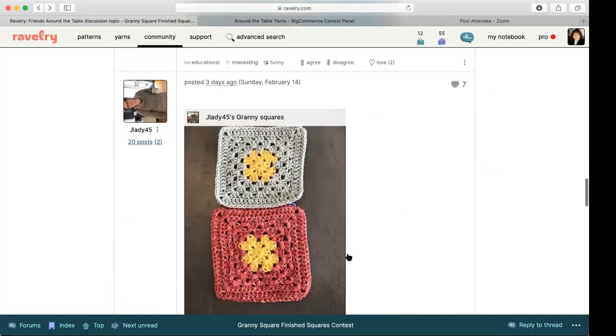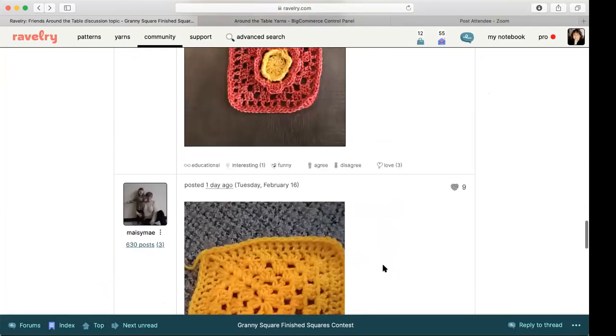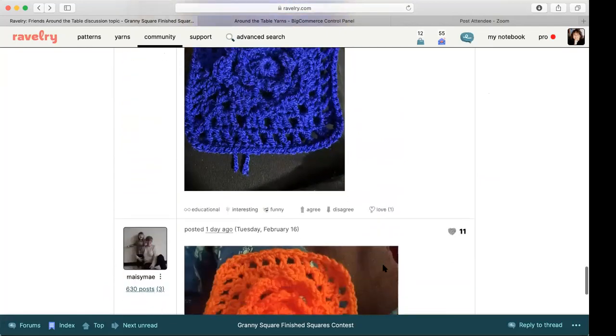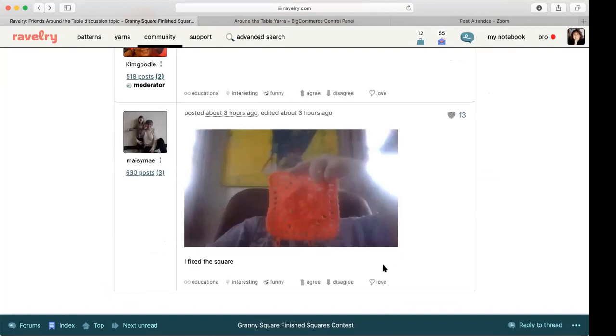Julie Lady posted hers. She's doing hers in 2 colors, which is adorable. So you get to see what other people are doing, get different ideas for yarn, different ideas for colors. Okay, so now I'm going to show you